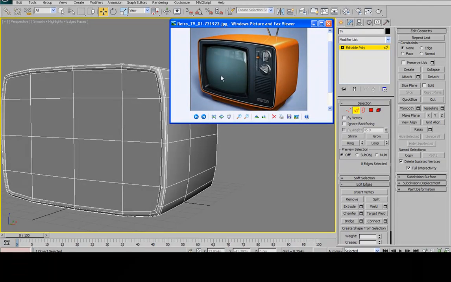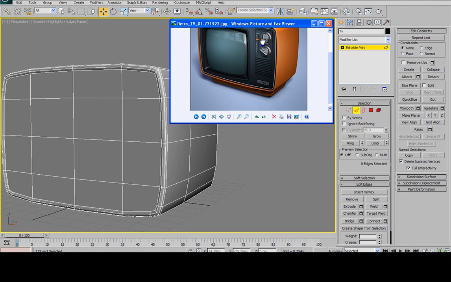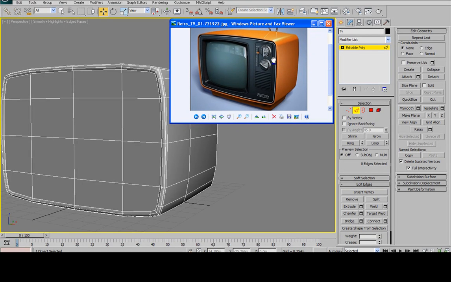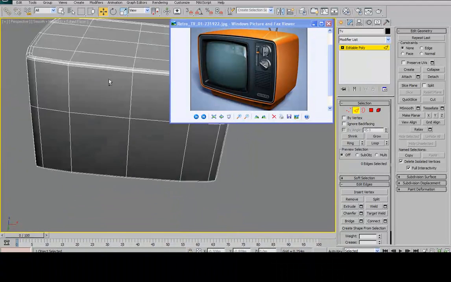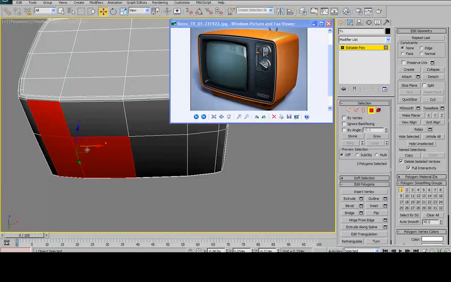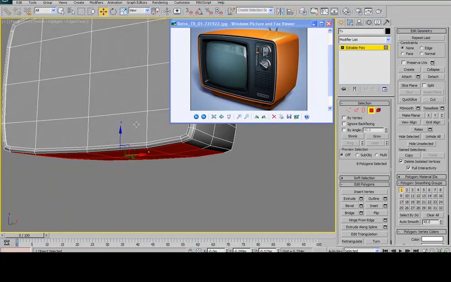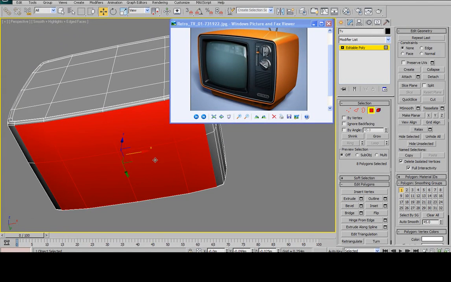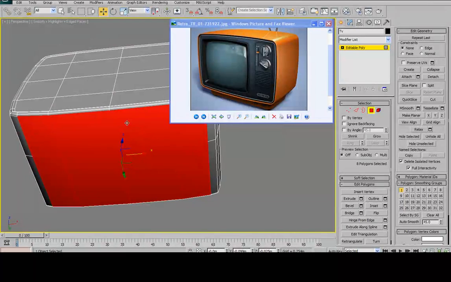So moving on, I think the next thing to do here would be the base of the TV, which affords me a good opportunity to demonstrate another technique which I like to use a lot. And this is shift drag a copy. Rather than creating a new standard primitive object to create that base, or trying to extrude it from the base of the TV,